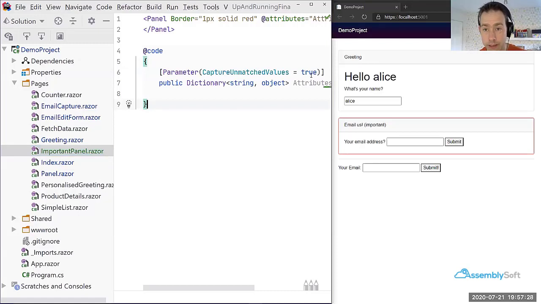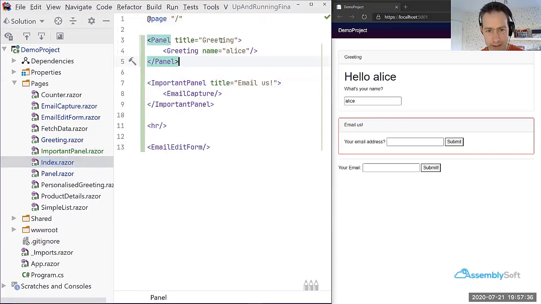So first of all, does that work? Let's have a look. Yes, it does. And I can just prove that works if I go to index here and change this title to something else. So what this is doing is taking title, which, not that one, this one. So it's taking title,